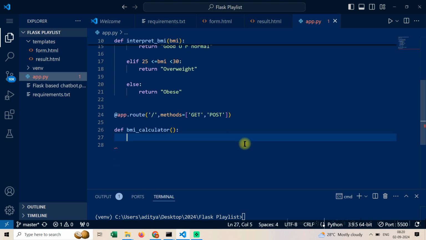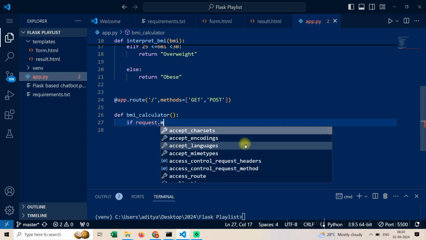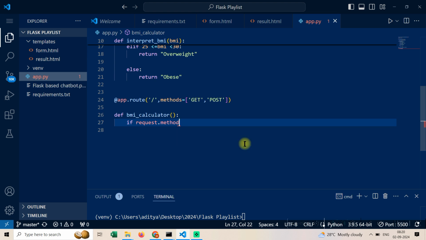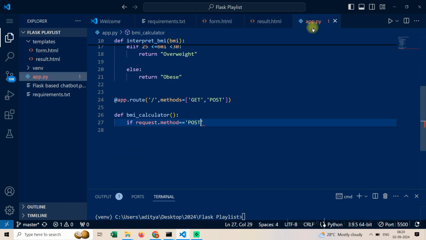See guys, now is the main part. The rest was not the main part. So how would we code this up? Let's do it like this: if request.method is equal to POST, it's going to check if the request method is post. If you look at my form.html, I have defined a post request. It's going to see that if it's a post request,